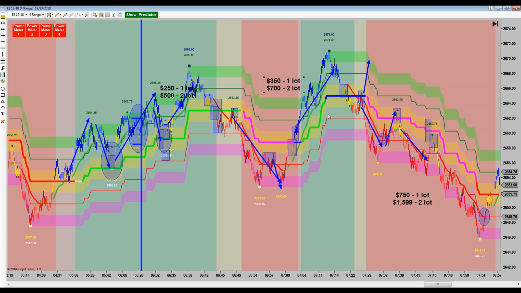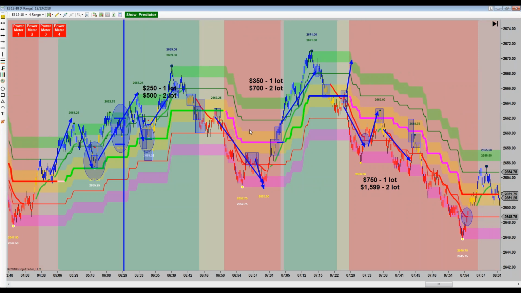You see this setup right here. Maybe you missed the first leg. Overall, it fell 60 ticks. You missed this first leg, no problem. You see the bounce to the midband. You see the kiss and roll. You take it. You hear the call in the live room to take it, right? Comes up, kisses right here again, get another chance to get in, and the final leg of this trade was here.